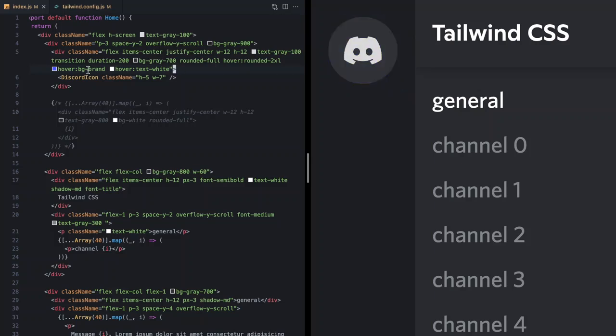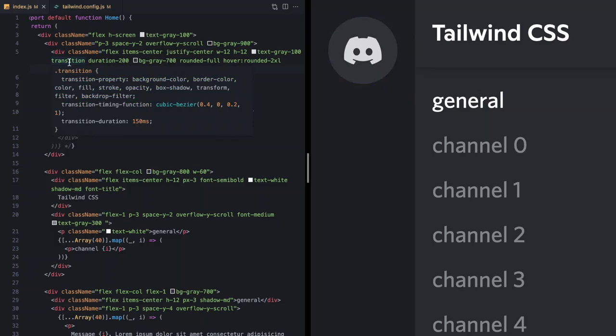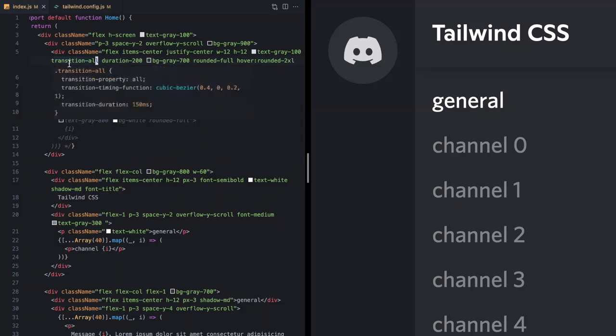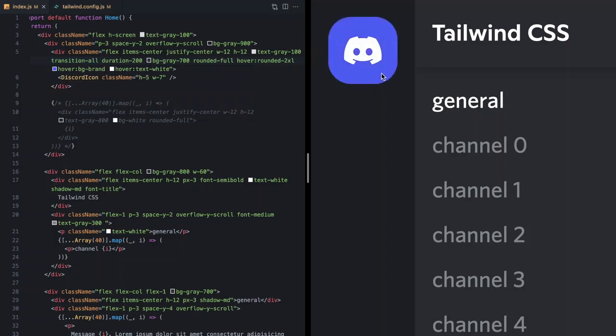And that's because this default transition class only applies to this limited set of properties by default. But fortunately, there's another convenient class called transition-all, which transitions all properties, which we can see just by hovering this right here. So this should actually apply our transition to the border radius. But something still seems off here. Let's pop open our inspector,